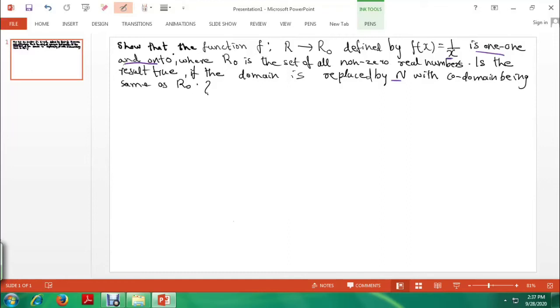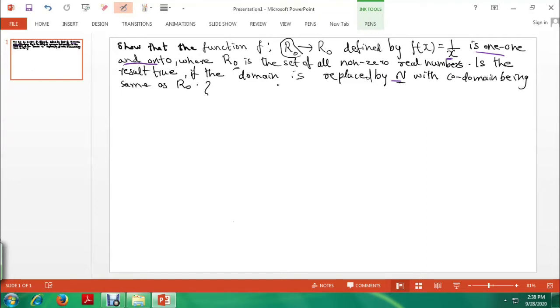See the question. Show that the function f from R0 to R0 defined by f of x equal to 1 by x is one-one and onto, where R0 is the set of all non-zero real numbers. That means 0 is not there. Is the result true if the domain is replaced by N? Okay, here the domain R0 is there, right? If you replace this domain by natural numbers, then you need to check whether the function is one-one or